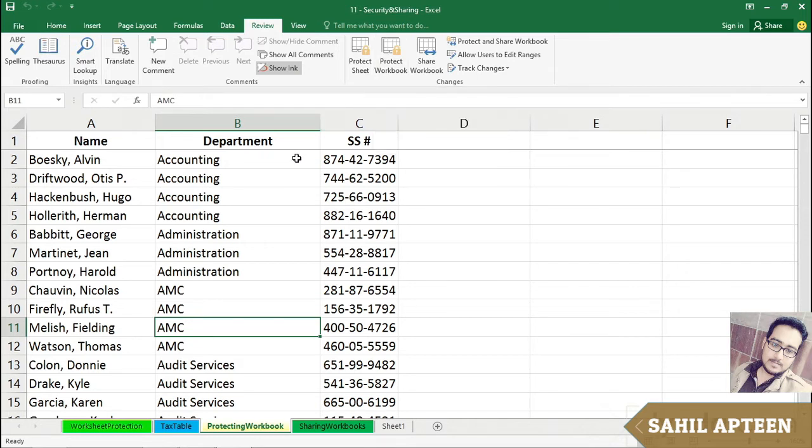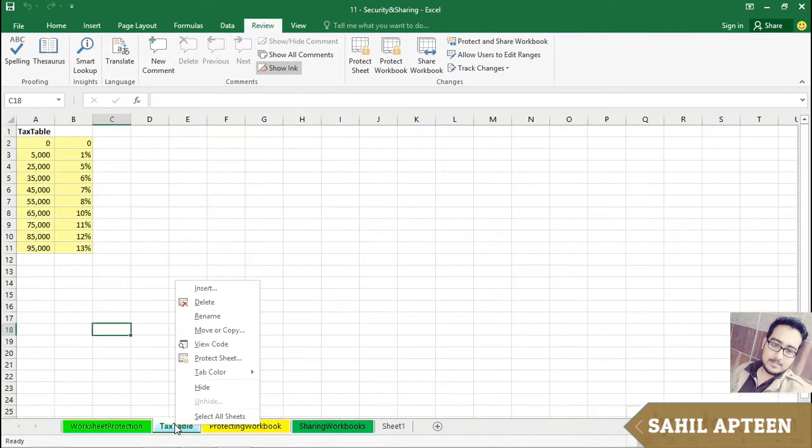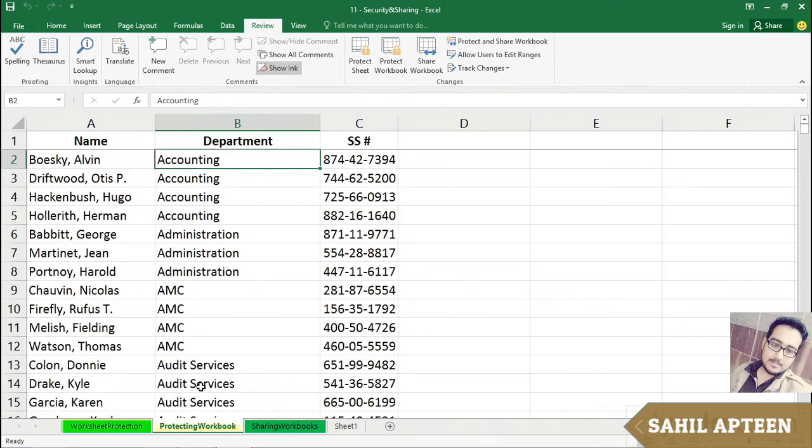I've got information in this workbook. I'm about to use the tax table that is on a different sheet. I don't want others to go to that sheet and make changes there. I might hide this. That's a structural change that I can make right now. I'm going to right-click on the tax table sheet and hide it. We don't see it here anymore. I might have other hidden sheets as well where I have confidential or semi-confidential information. I don't want others to see this,